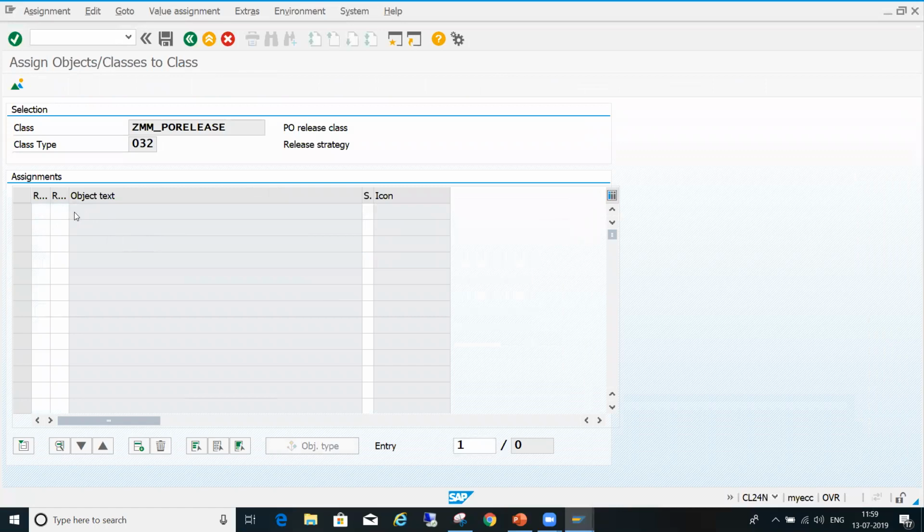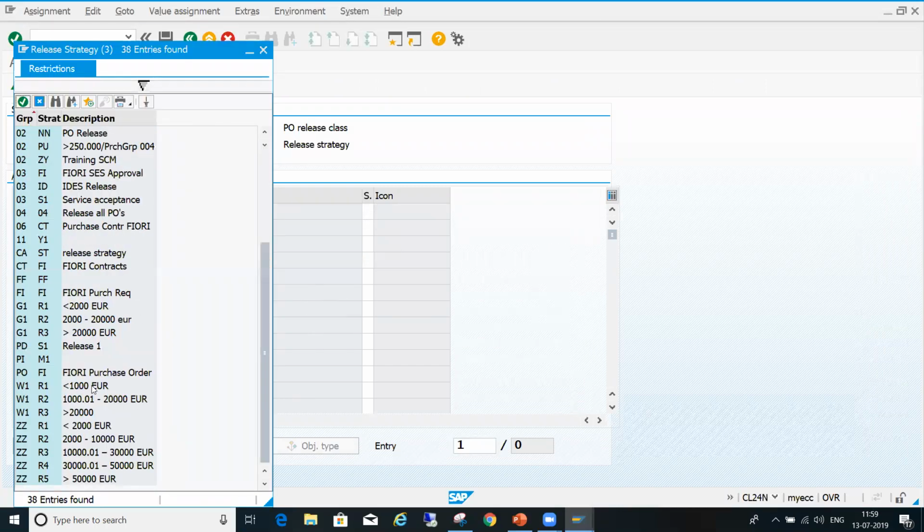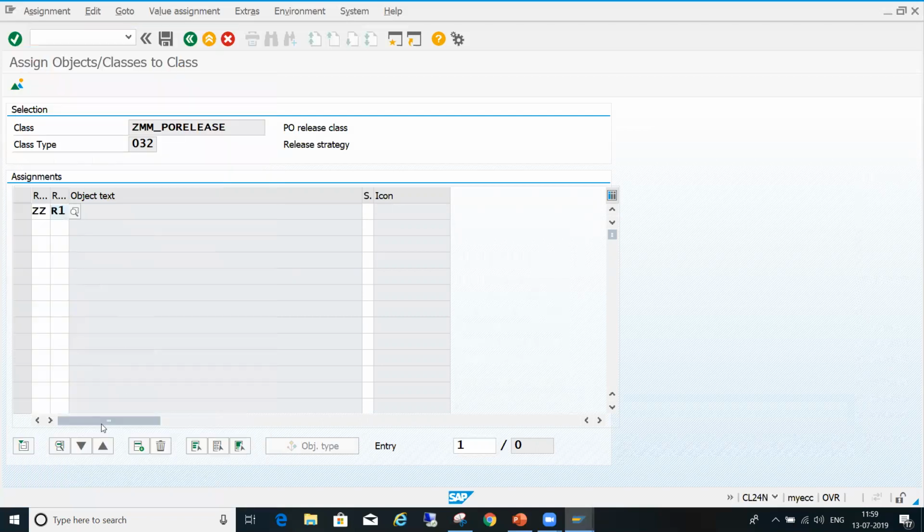Here, what is your strategy? R1, R2, R3, R4, and R5. This is your group, right? ZZ is your group. Don't select this one. ZZ is your group, enter.